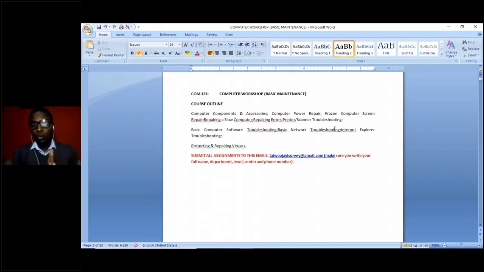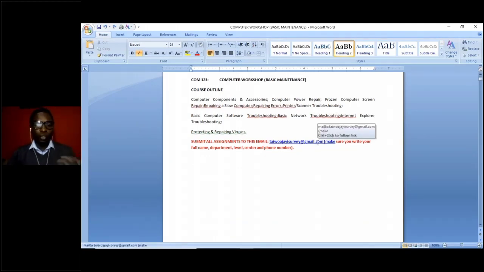Then we'll talk about some basic computer troubleshooting: what to do when you have a frozen computer screen, how to repair a slow computer, how to fix errors in your printers, how to troubleshoot your scanner and the rest of them. Then we'll look at how to troubleshoot your computer software. Then we'll also look at basic networking troubleshooting, how to sort out your network issues in your Internet Explorer and the rest of them. Then we'll also touch on how you protect your computer from viruses,